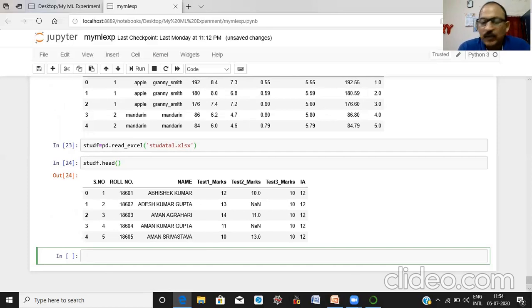Okay, now the aim is to delete the missing rows and missing columns having the missing values. Here the method is dropna.